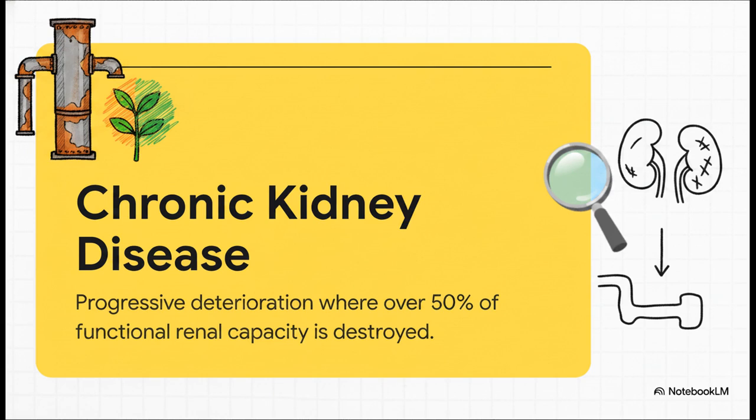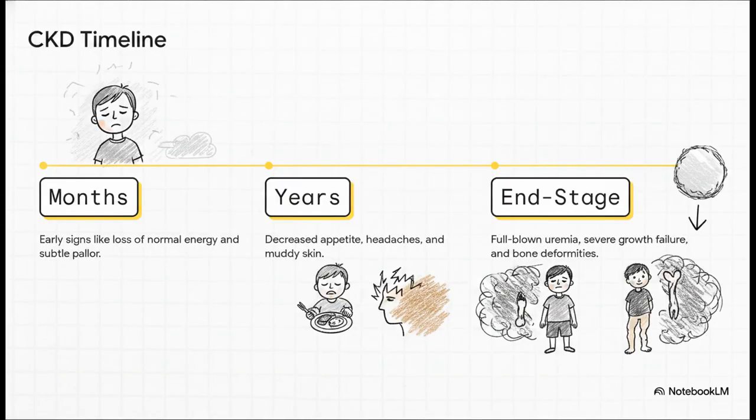And in pediatrics, this isn't usually caused by lifestyle factors. It's actually most frequently the result of congenital renal defects or severe recurrent urinary tract infections that cause chronic scarring over time. Because the kidneys are so good at compensating for so long, the timeline of CKD can be heartbreakingly